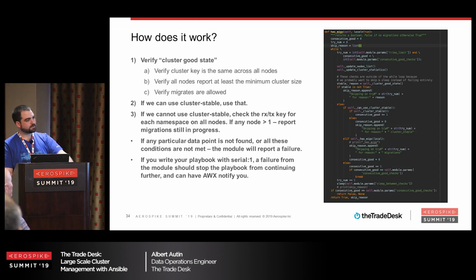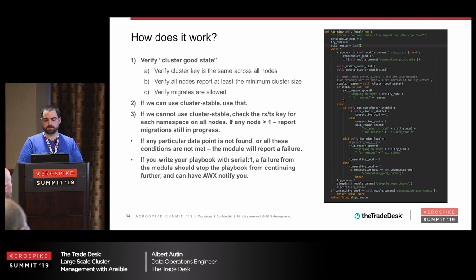And this is how it works. This is kind of the main loop. So it verifies the cluster is in a good state. By that, I mean the cluster key is being reported the exact same across all the nodes. So they all think they're part of the same atomic cluster. They're all saying that we are this cluster size, and that's what you pass in as the minimum, and that